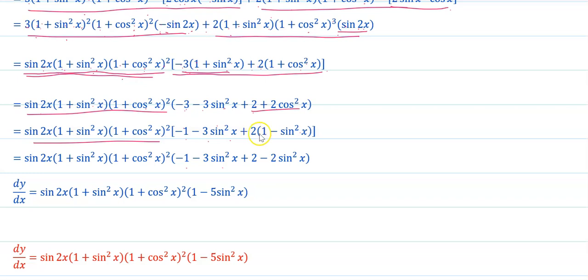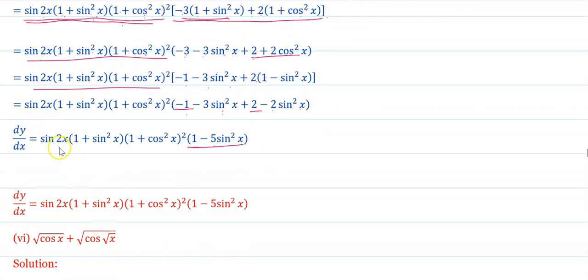2 into 1, you will get 2. 2 into minus sin square x, you will get minus 2 sin square x. Minus 3 sin square x and minus 2 sin square x, overall you will get minus 5 sin square x. Next, here is a minus 1 and plus 2. Overall you will get 1 minus 5 sin square x, and hence the answer, sine of 2x as it is,